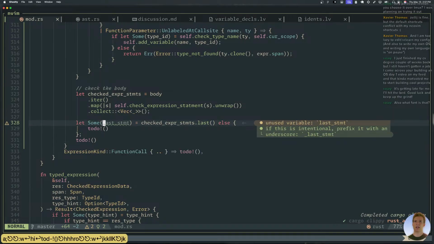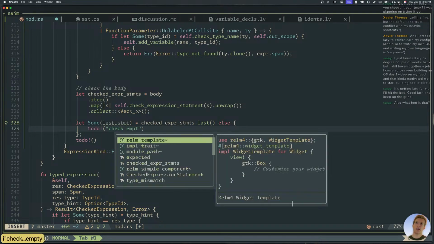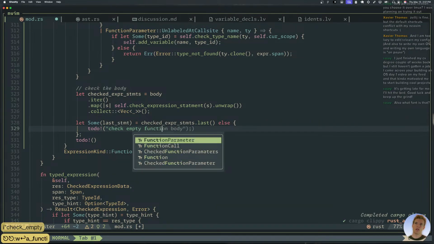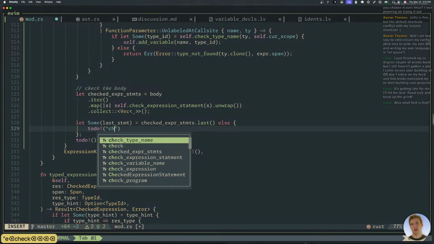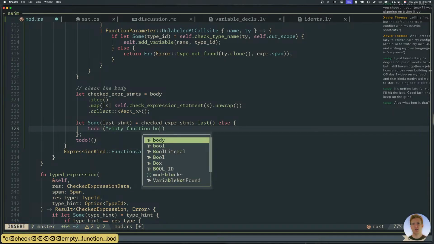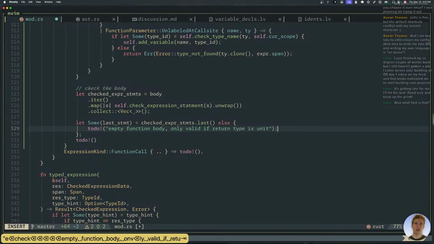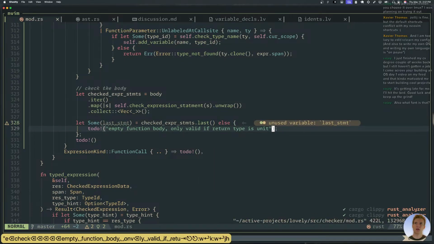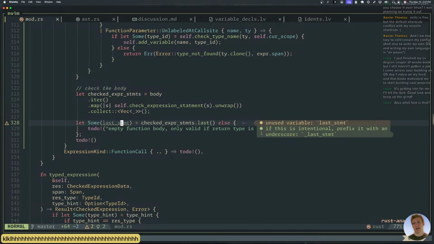So now we have a last statement, right? In here, this would be if it was empty, check empty. Check empty function body only valid if return type is unit. Exactly. All right, we'll deal with that later. For now, we have a last statement.